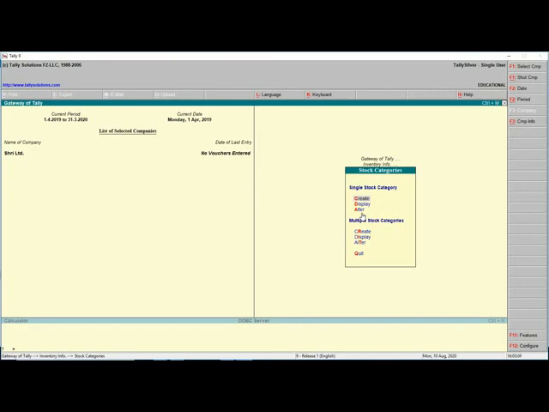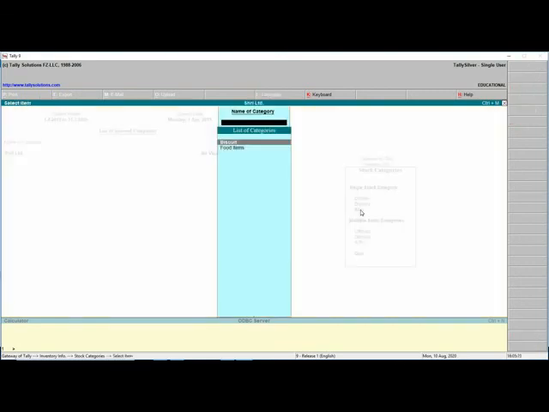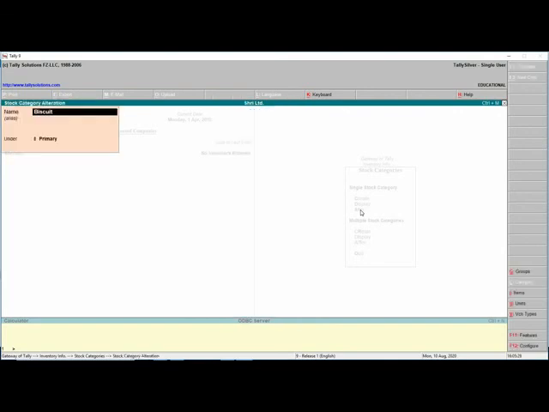Alter option can also be used for deleting a stock category. For deletion, select alter. Select the required category to be deleted. The category will be displayed in the edit mode.